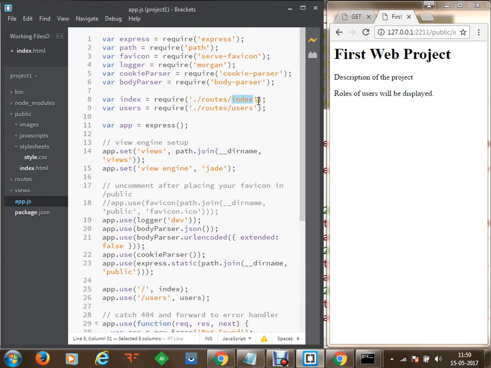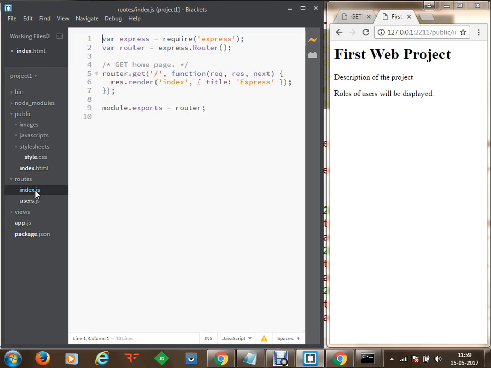This index is a route which is defined within the routes directory, and here is the JavaScript logical code available for that index. It says this is the sample express application which is created, and there is a get request. In case you want to access this slash directory and you are searching for this index file, it is either going to search for the index file which you have created, otherwise it is going to display the express title.